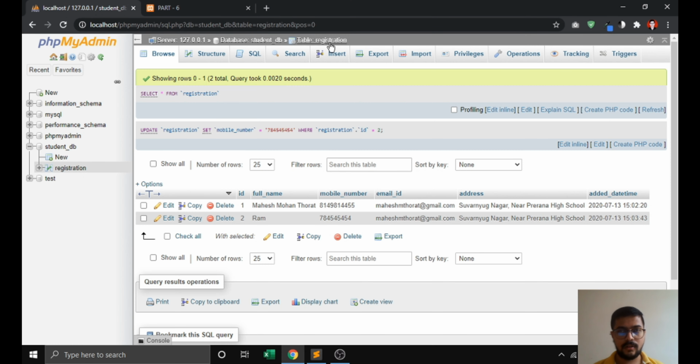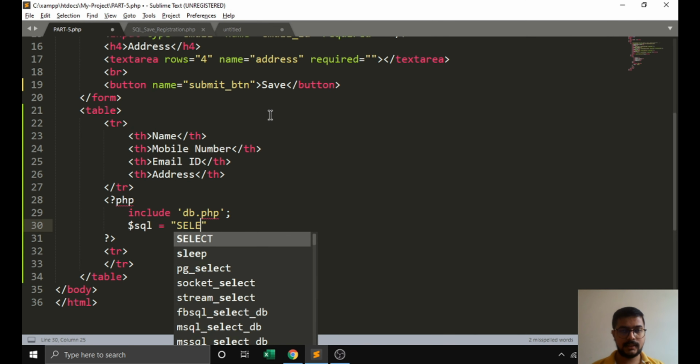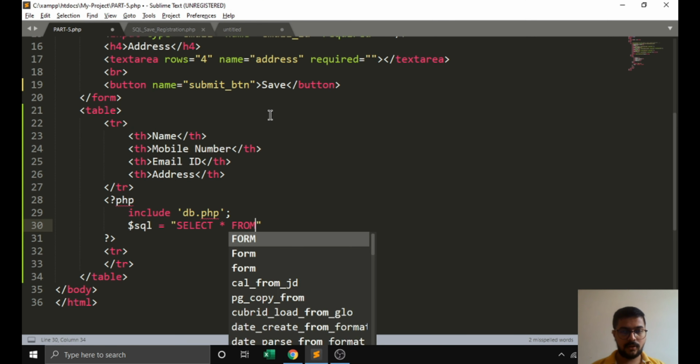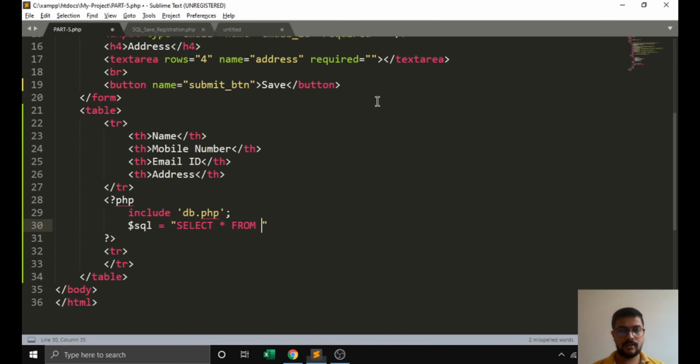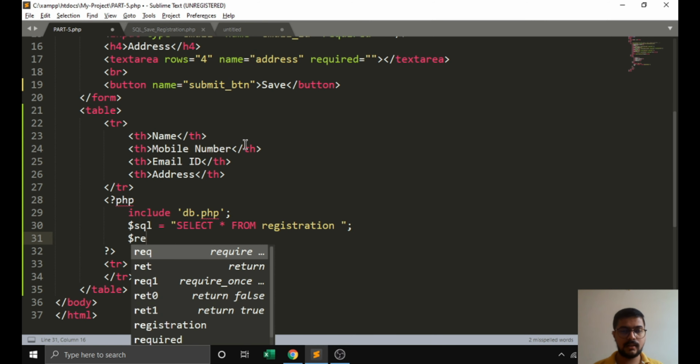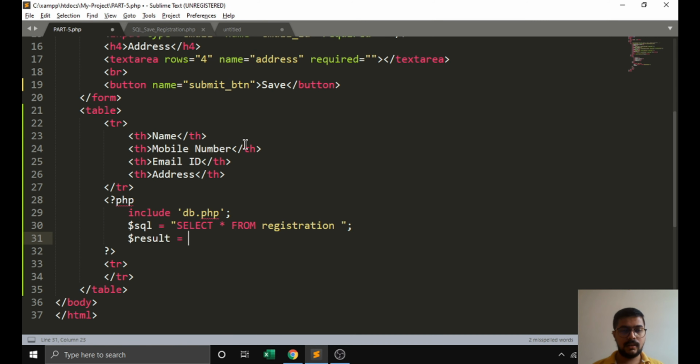For that we have this registration table, so we can write a query like select star from the registration table. We don't need a where condition. We can write this only, and then a semicolon here.